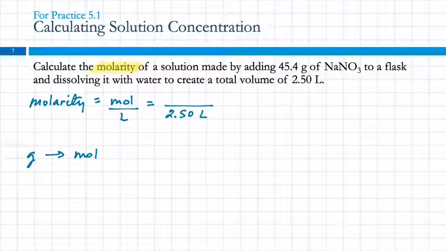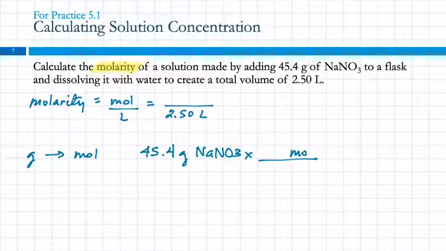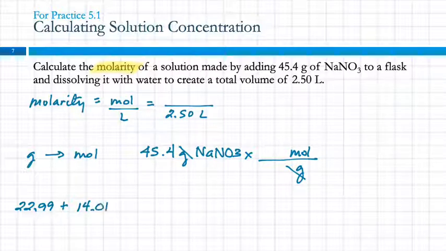So I'm going to convert grams to moles. So I have 45.4 grams of sodium nitrate. And I want to convert to moles, and divide by grams. So I need the molar mass. So in the periodic table, I find sodium is 22.99 and nitrogen is 14.01, and then I've got 3 oxygens. And it tells me 85